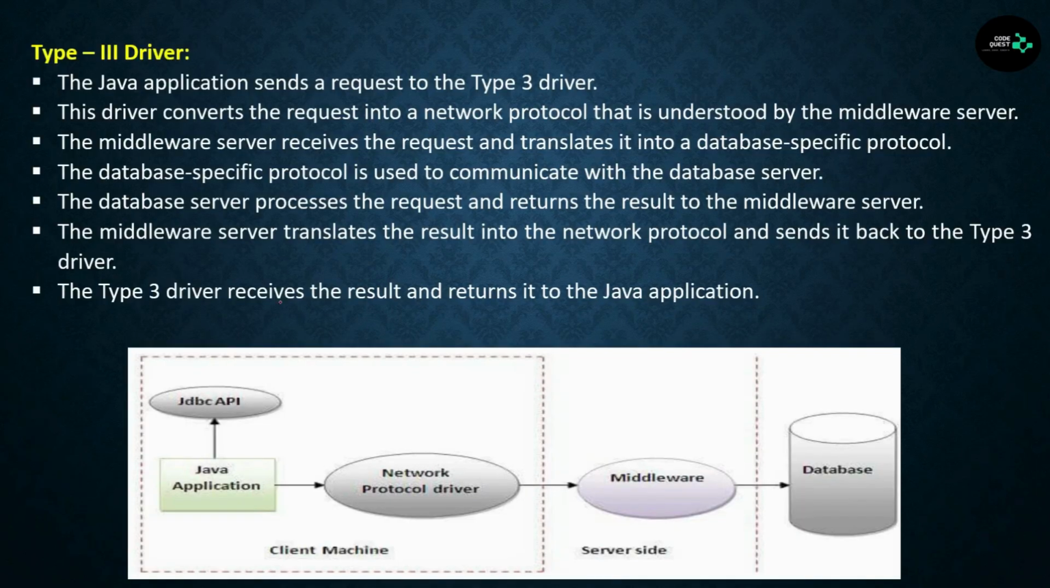So the type 3 driver, which is otherwise called the network protocol driver, makes use of a middleware server. Whenever we write a Java application with certain JDBC calls, the JDBC calls are taken up by this network protocol driver, or the type 3 driver, which is available in the client machine, and it is going to translate those JDBC calls and pass them on to a middleware which is actually present in